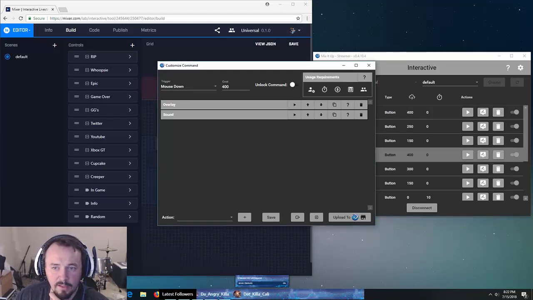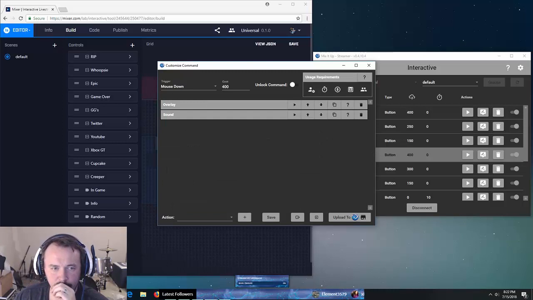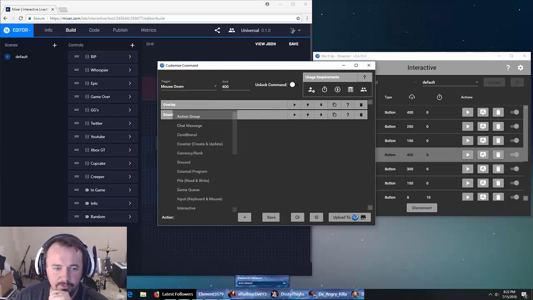The cost, 400 sparks. And then if you want video or images, you want to choose the overlay option. So this would be blank from the start, right? You wouldn't have anything here for this command initially. So you'd go to this action down here,